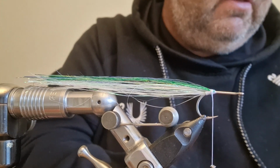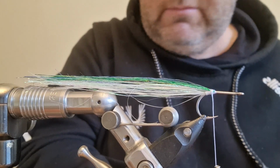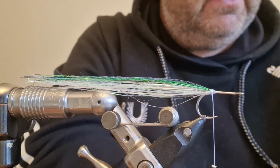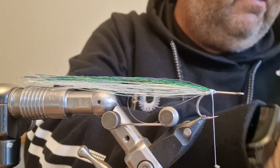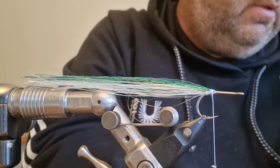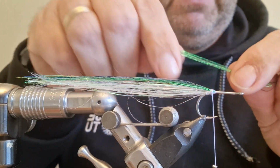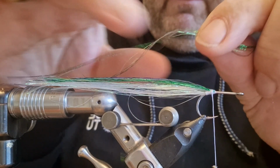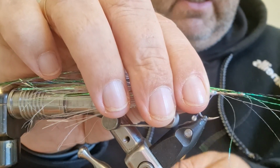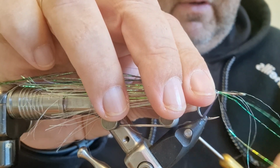And then again, not too many strands of the next one, which is more of a green and black. It's another polar flash, just in green and black. Find my scissors. So I mean, just very easy flies to tie. Not complicated flies to tie at all. Very simple. Again, not too many strands. There's probably maybe 8 strands there. If you're just using one color on the back, then okay, you could probably use more strands. But for this one,